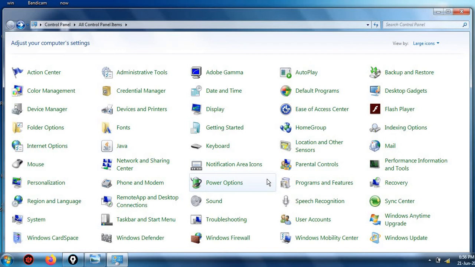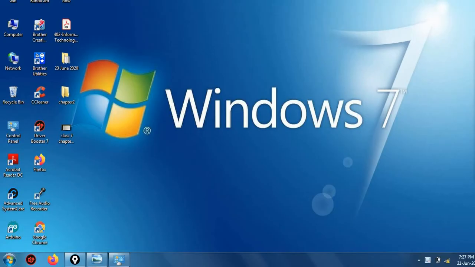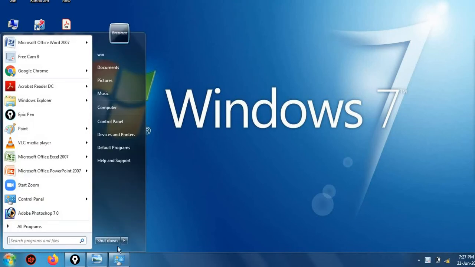Now one more option is there. We have one more option to send our system to sleep mode or hibernation mode. Just click on the start button, and here in this shutdown, we can see this right arrow, right? Here sleep mode, hibernation, restart and all this. So sleep and hibernate options are here also. From here also, in place of shutdown, we can keep it in sleep mode and hibernate mode.